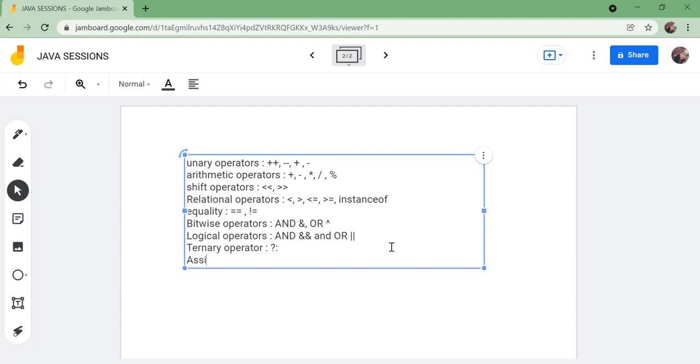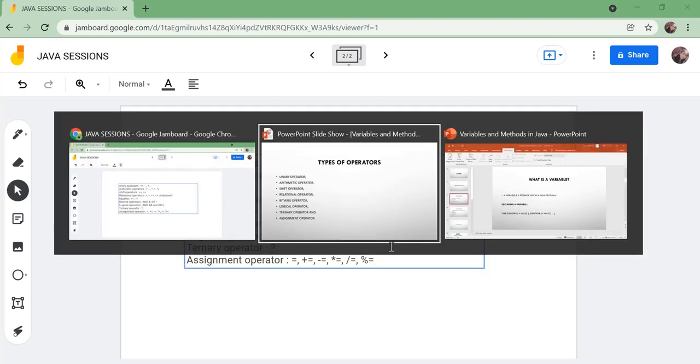And assignment operators, which are represented with equal to, plus equal, minus equal, star equal, division equal, mod equal, etc. This is about the different operators that we use in Java programming.